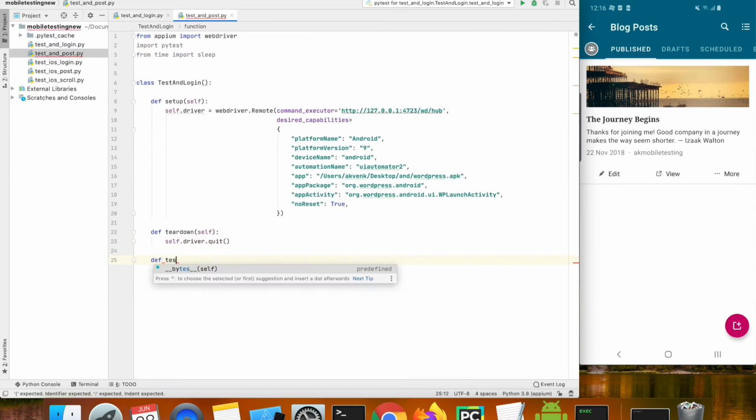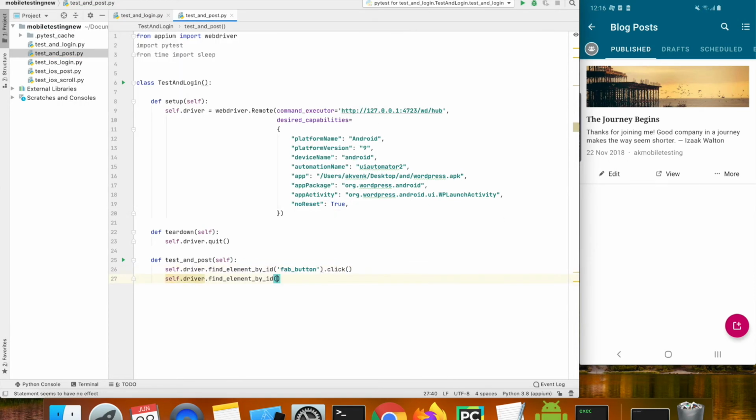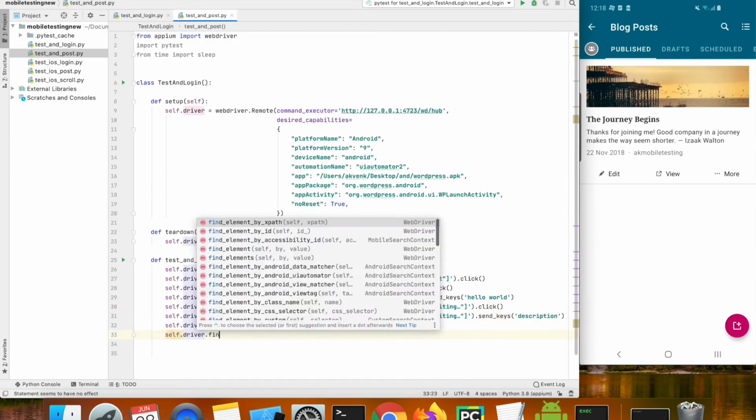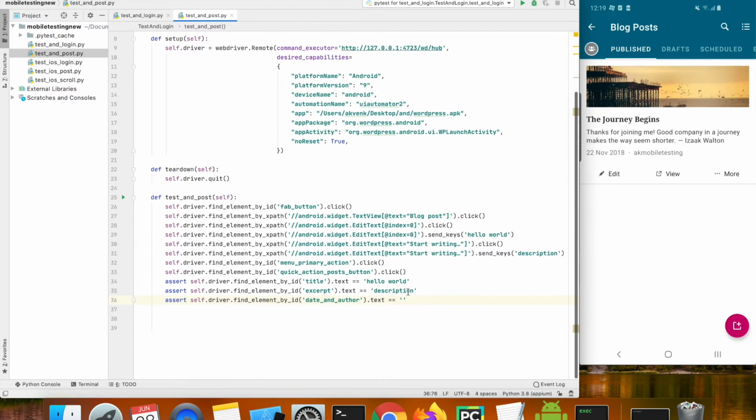Now let me create a new test method and name it test android post. Let me quickly write the script for the flow. I have completed the script.